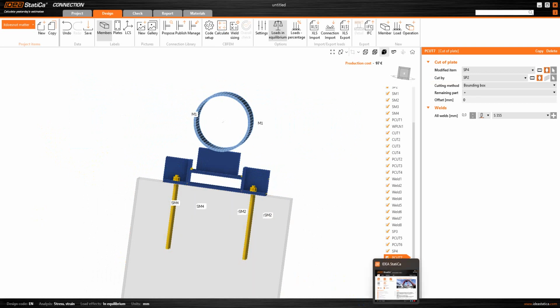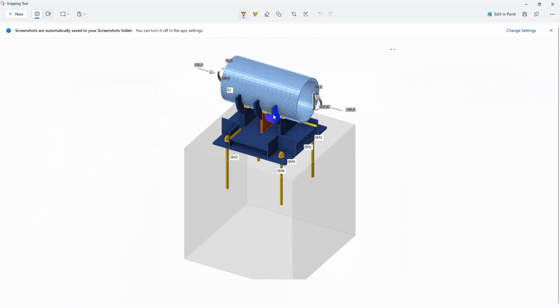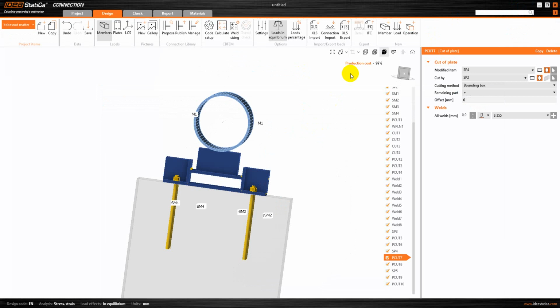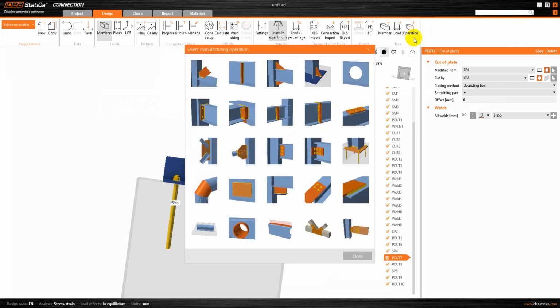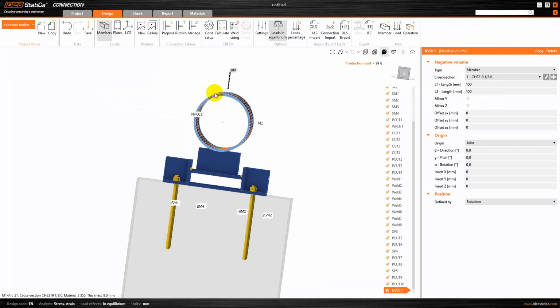So let us add a negative volume because we are gonna make something like this shape. For that we need to, as we can see, work progressively. So let us add negative volume at first, this one. If we add negative volume, then our unnecessary member will be cut off. So type member, cross section, this one,